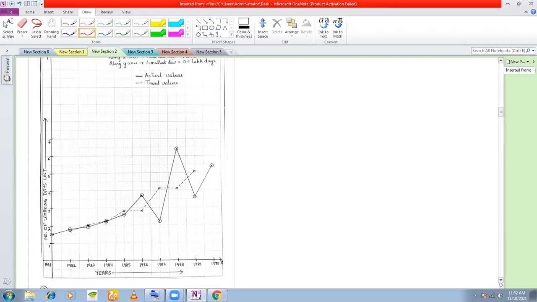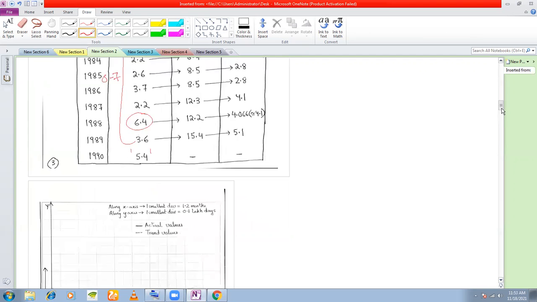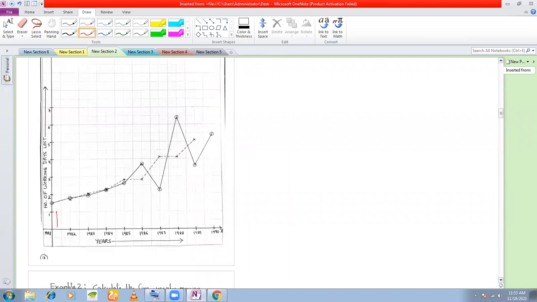So the years, if you see, I have plotted along the x-axis, and along the y-axis I have taken the scale accordingly. See, the highest value here that I can see is 6.4, and the lowest value here is 1.5. So that means in your y-axis, your scale should be 0 to 7, right? So that is why from here I have taken, starting with 1, I have moved till 7 here. This is the scale that I have taken. I have taken 10 divisions. Better to take as big a scale as possible.